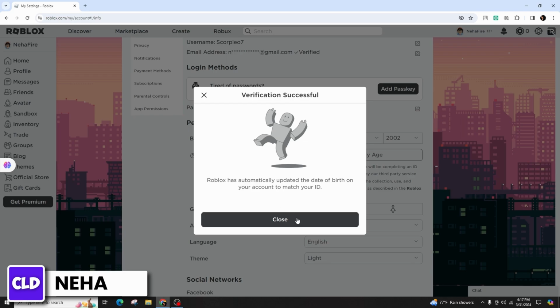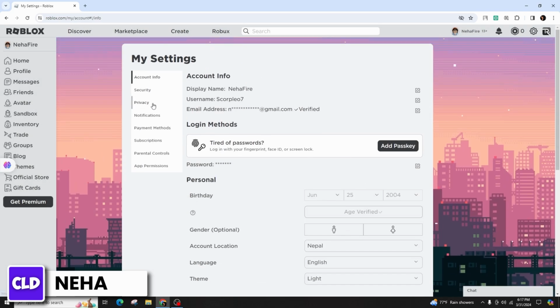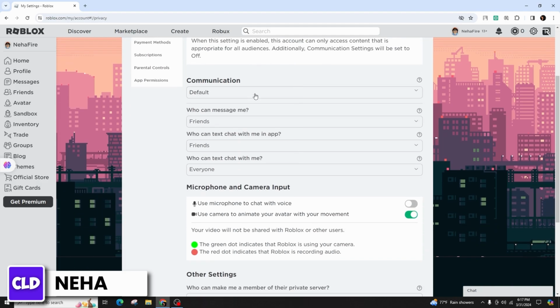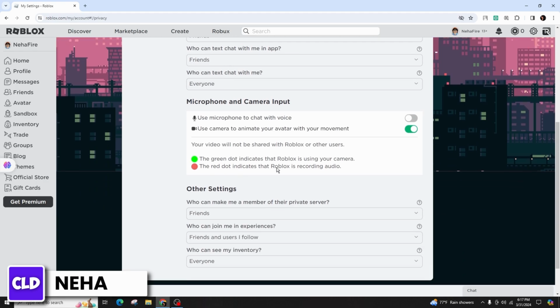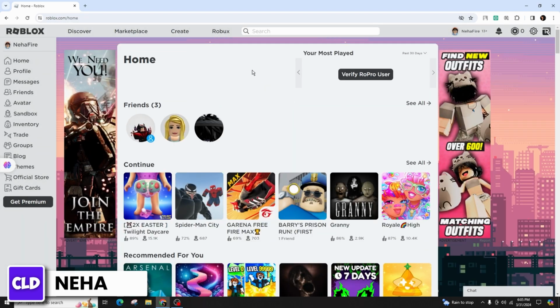To enable the voice chat, navigate to the privacy settings on the left-hand side of the screen. It may require a moment to load, and you may need to refresh the page. Look for the beta features section at the top where you will find the option to enable the voice chat. Toggle the switch to activate the voice chat, agree to the terms and conditions, and click on Enable. A success message will confirm the activation, and with voice chat enabled, you can now join a Roblox game and